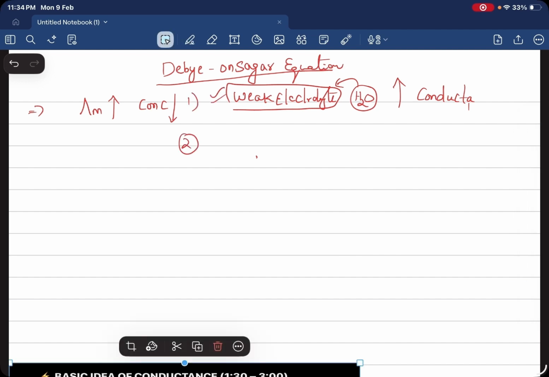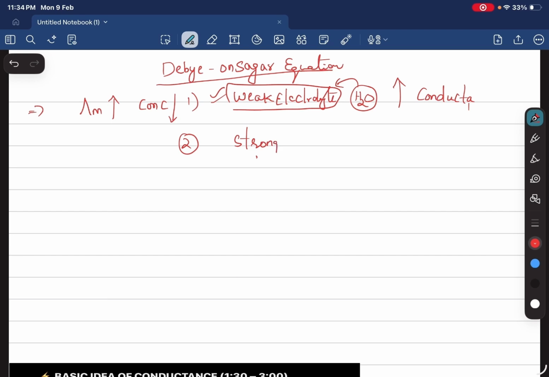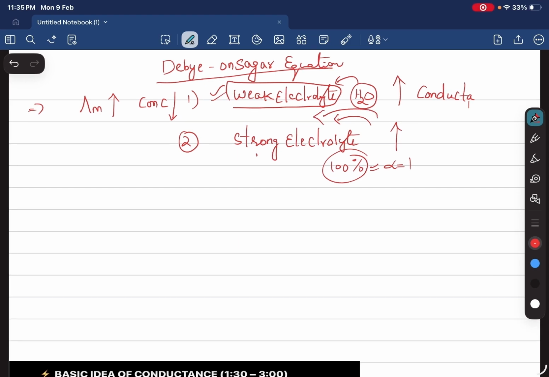But in case of a strong electrolyte, how will it work? Because strong electrolytes dissociate 100% even without water. But still, on dilution of a strong electrolyte, conductance is going to rise. How does it happen? Initially itself, the electrolyte dissociates completely and the alpha value reaches 1. When we start adding water to this, the ions go away from each other, so the inter-ionic distance between positive and negative ions increases, and the attractions between these two will decrease,